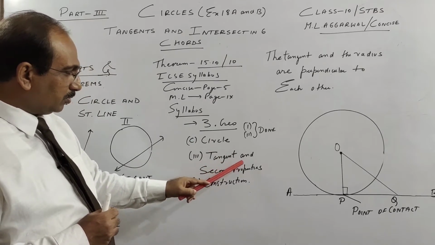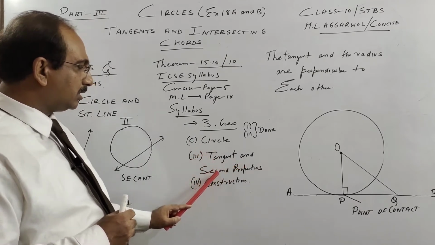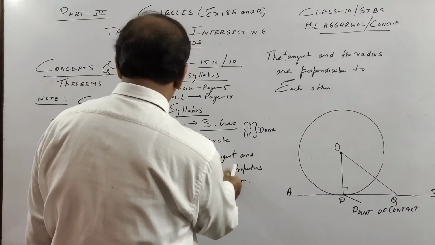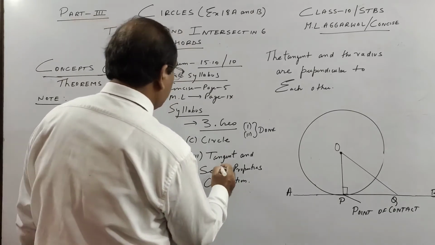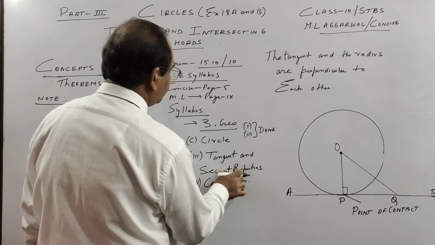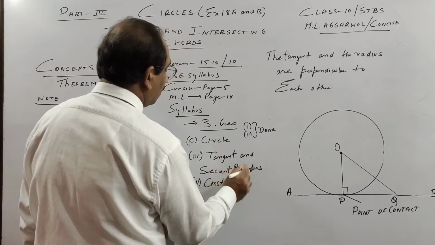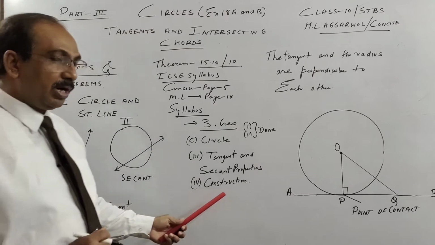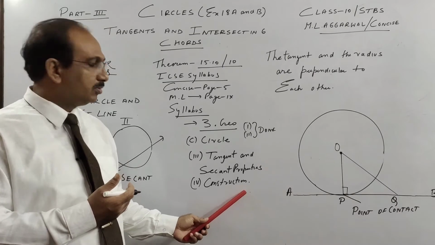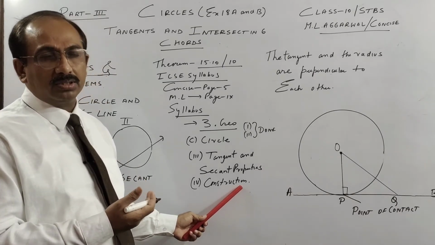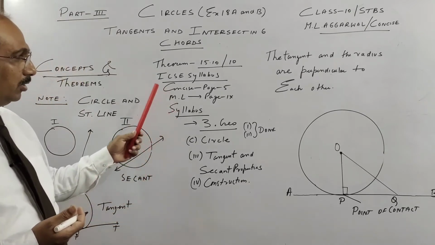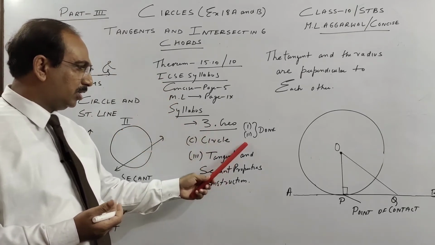So this is what we are going to do. Circle third part, tangent and secant properties. And part 4, after these 2 more videos on circle, we will do construction. I'll tell you the basic idea about construction. Maybe 1 video will be enough, 1 or 2 videos. So this is what we are doing in circles. These are the 4 things, 2 already done.